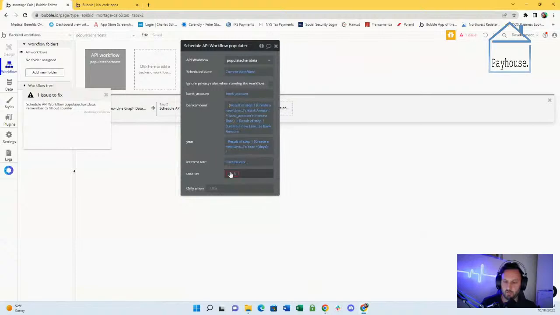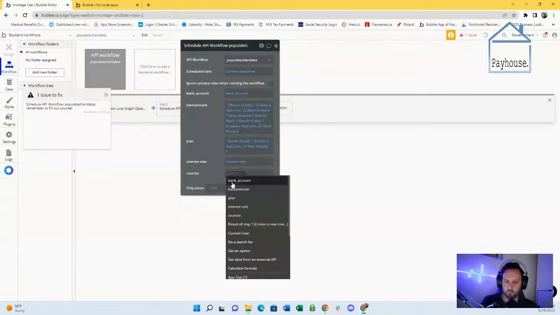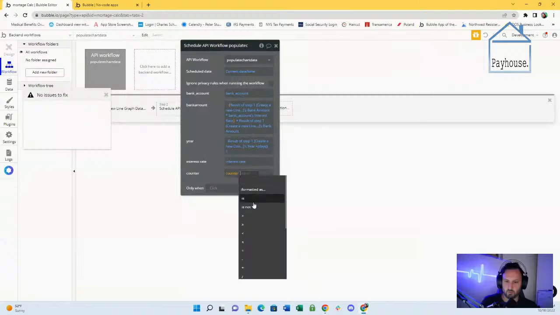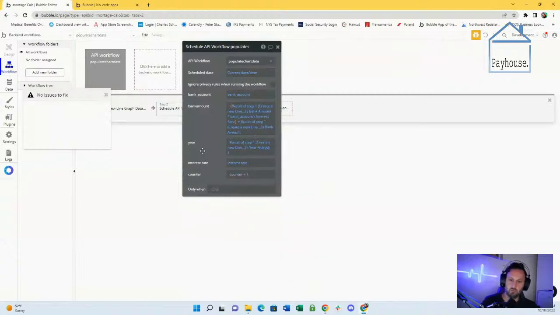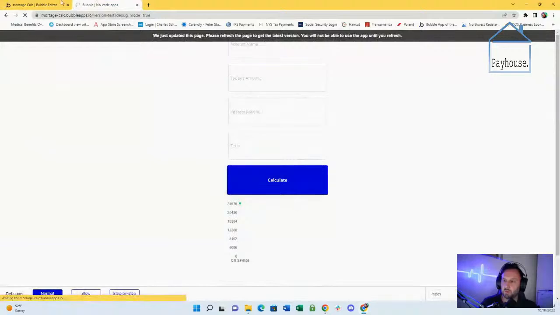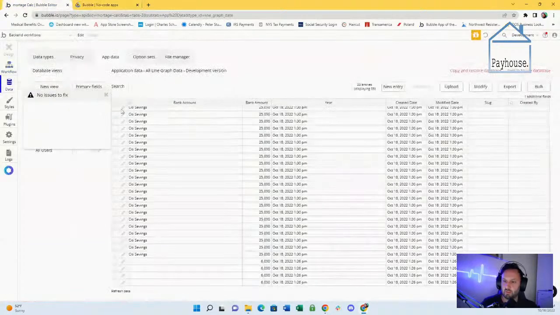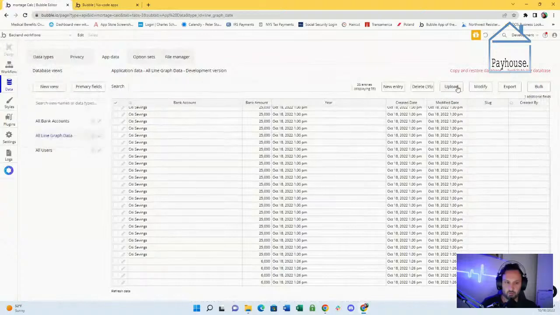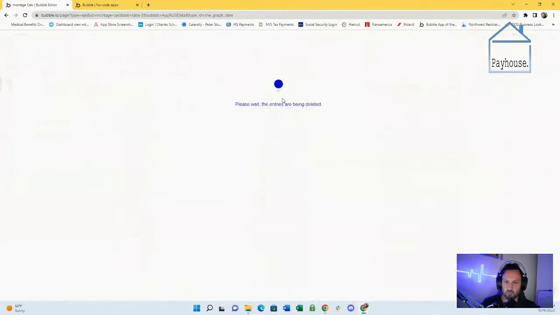I wanted to save that for last, but counter plus 1. All right, let's try. Let's see what this gives us. We haven't set the condition for it to stop yet, which means that we're going to keep getting a lot of records. I wanted to save that for last, but